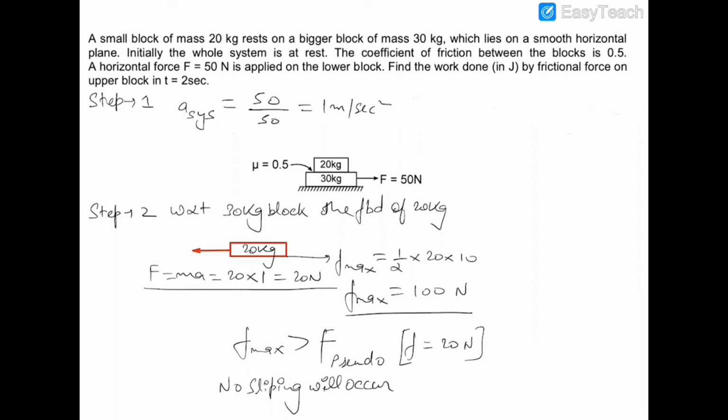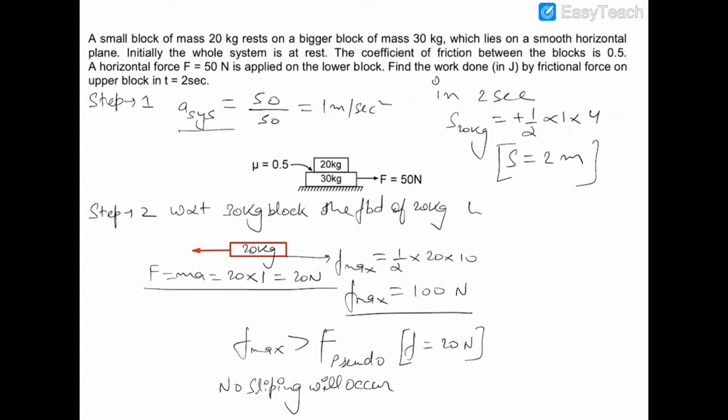So the acting friction will be 20 Newton, and these blocks will be moving together. So the acceleration of the system will be the acceleration of these individual blocks also, and hence the displacement in 2 seconds, displacement of this 20 kg block, S is equal to ut, u is 0, plus half a t squared, a is 1 and time is 2, so it is 4, so S will be equal to 2 meters,